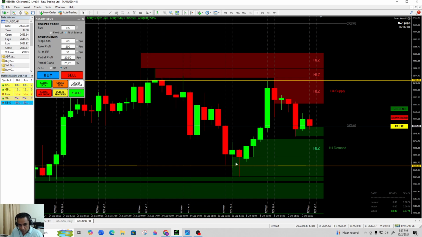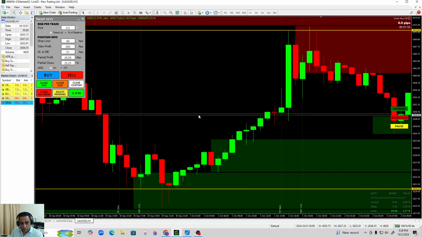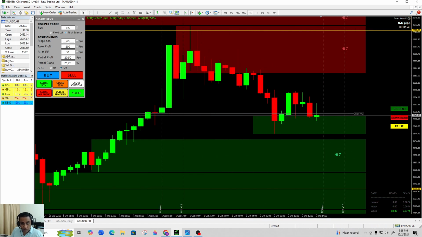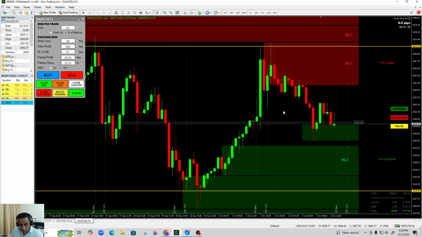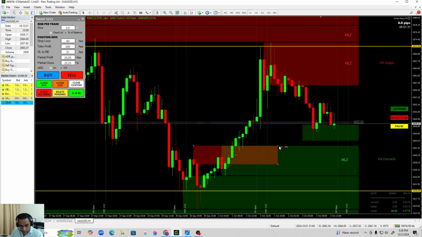Did the one below take out anything to the left? This one, we have to go down to the H1 to see because we can't see anything on the H4. So this move, yes, it kind of took out this. Yeah. So this is the move. Actually, no. This supply. This supply was taken out by this move up. So this is not a high liquidity zone,